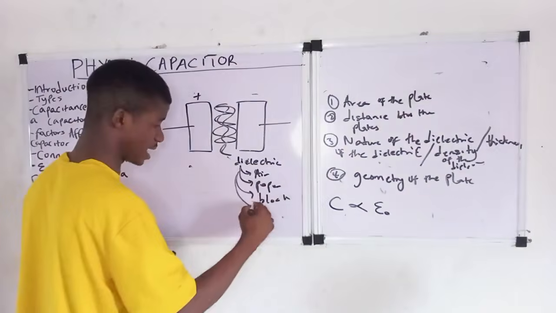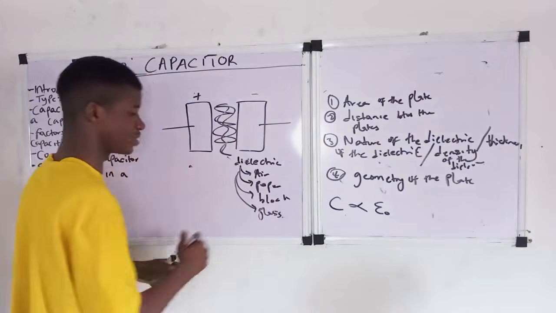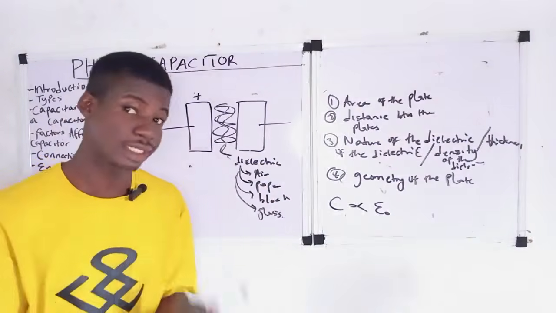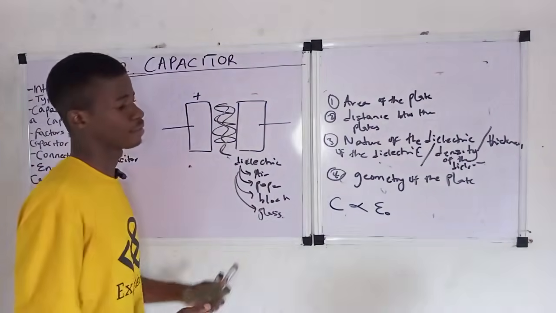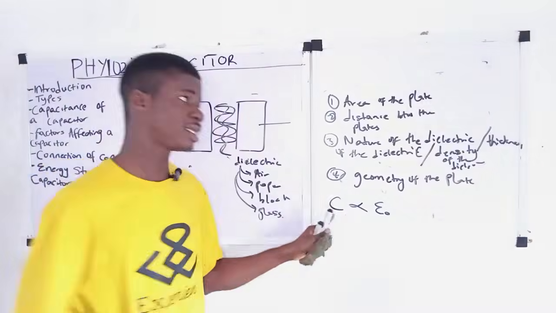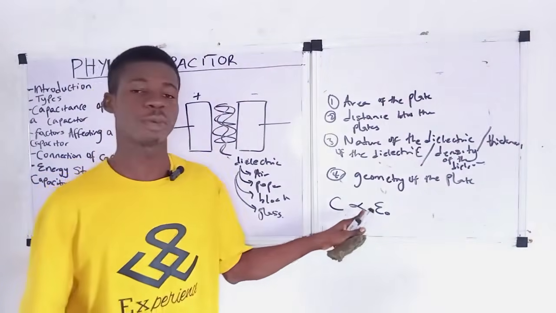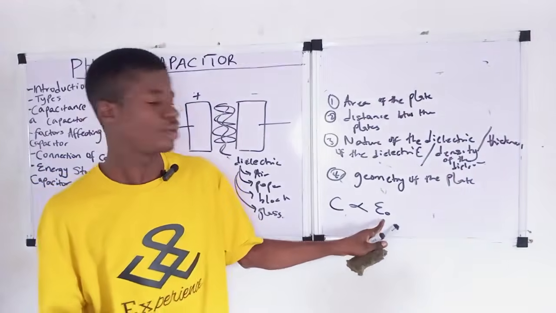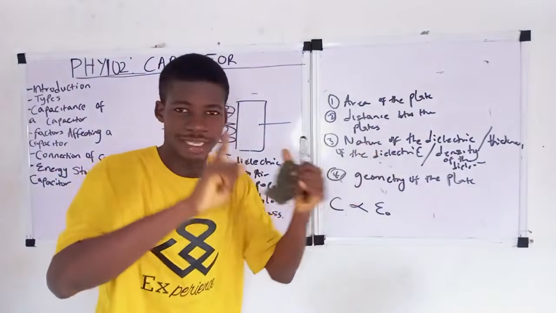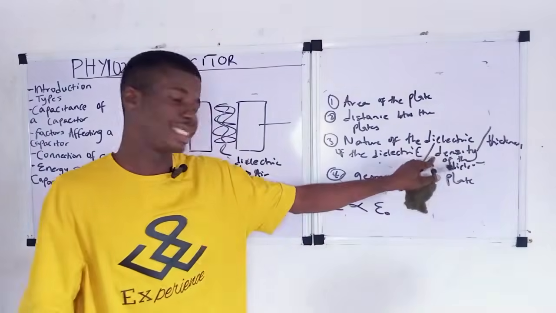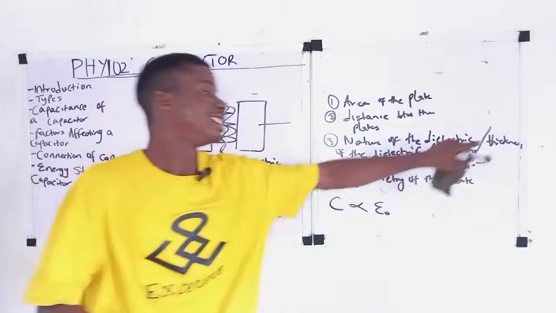It can be anything insulating, things that do not conduct electricity. Now, look at it. The capacitance of a capacitor is directly proportional to the dielectric, to the nature of the dielectric,